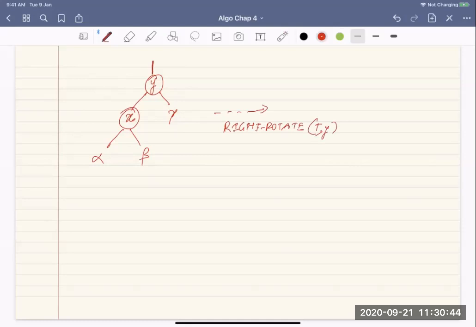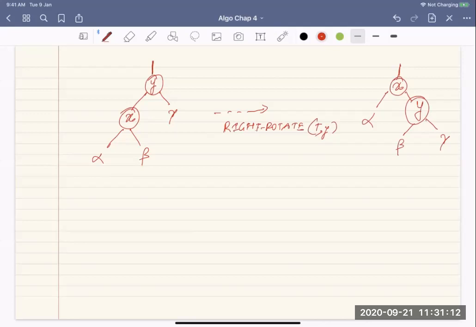So what happens now? x becomes the root of the subtree, y becomes its right child, y retains its right child gamma, and x retains its left child alpha, and y gets one of the subtrees of x, so beta. And this is called a right rotation.